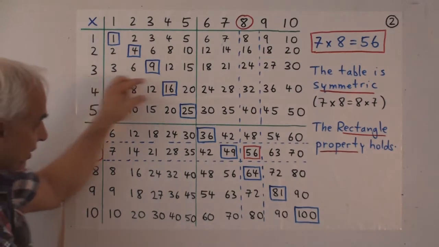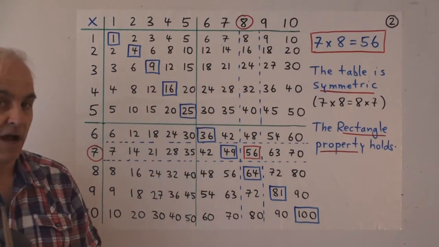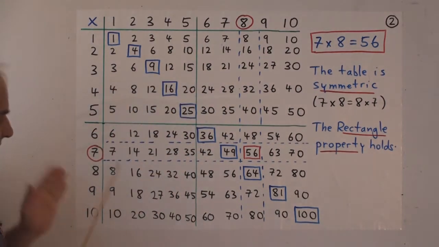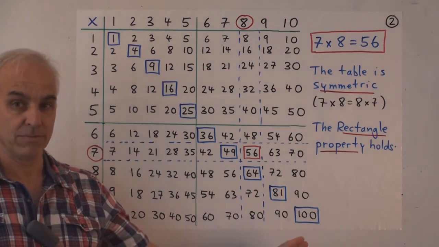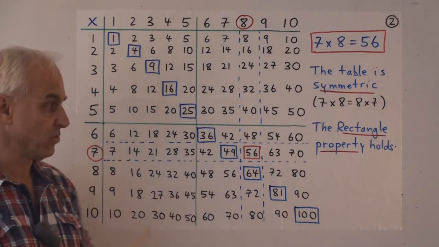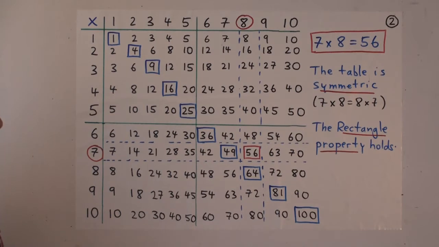So they may have learnt the table one row at a time, and we'll talk about that in a little while, but at some point they should be able to see the whole table in front of them, and probably they should be able to write down this whole table. That's an important skill that a student should be able to do at some point. So let's talk about it.